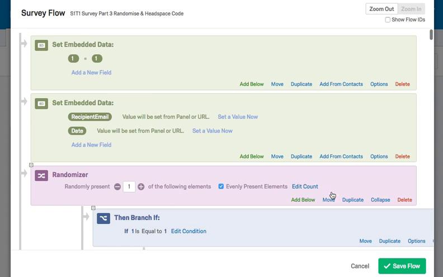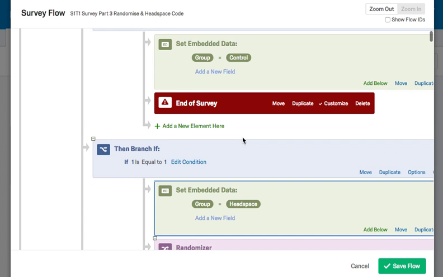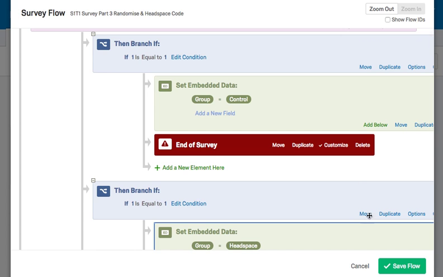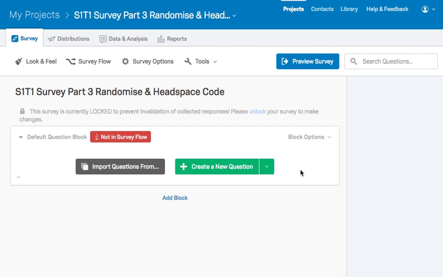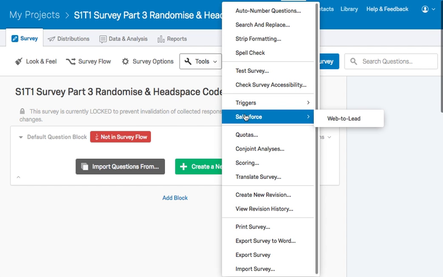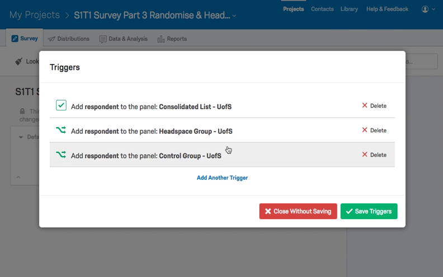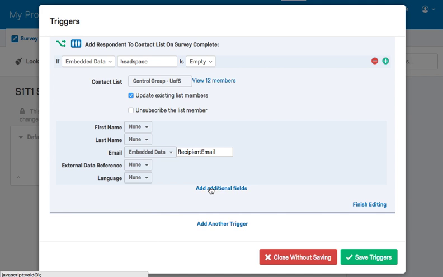So there are the 2 changes in here, just to add in the date and to add in the group that they're being assigned to. Then what you can do, I'm just not going to save that, is go back into your triggers, your contact list triggers, and just make sure that those 2 new embedded data that we added,